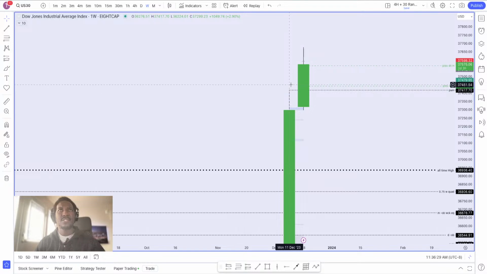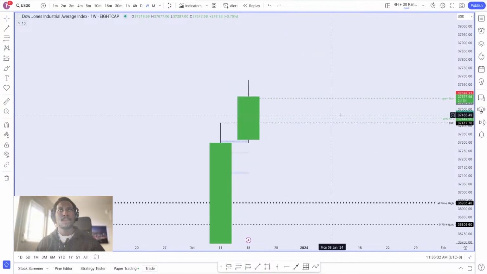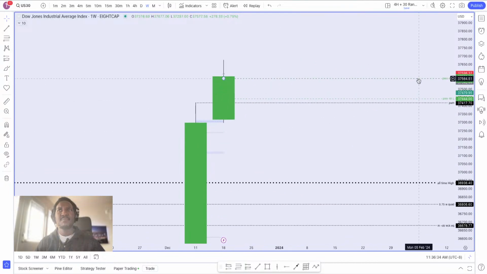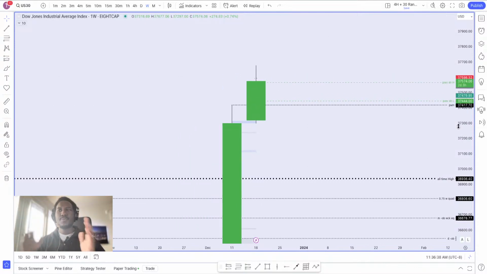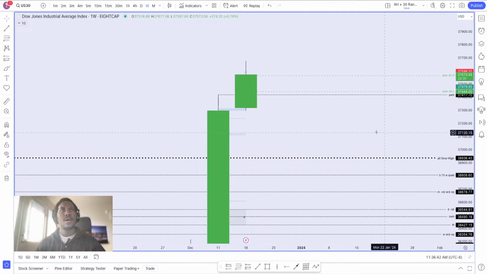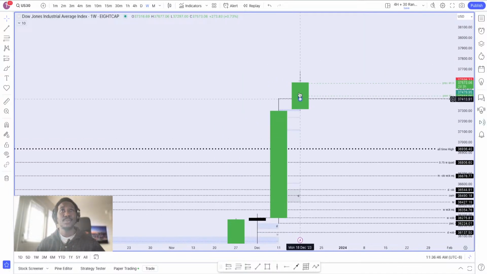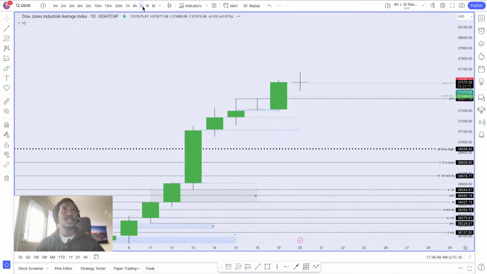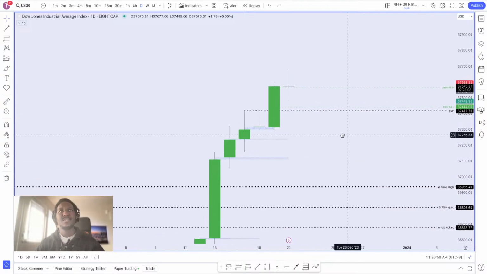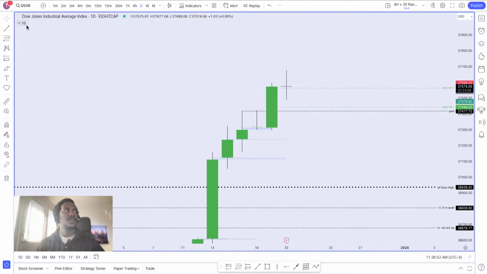The previous week level is right there. This level here is a previous 4-hour from yesterday, right? So it's pretty much some more levels. On the weekly, again, there's not so much to look at. We are bullish as well. So let's look at the daily real quick. This is the previous day high, the previous day low.